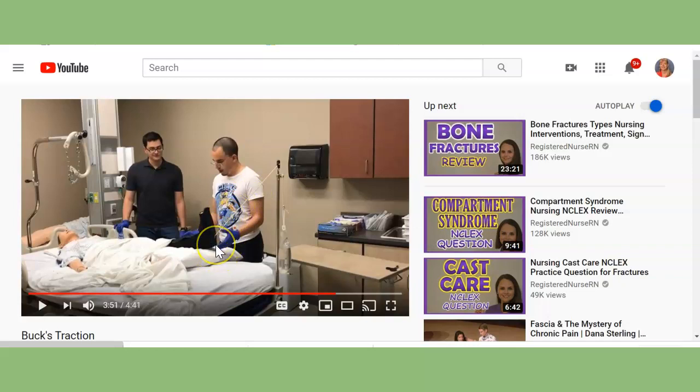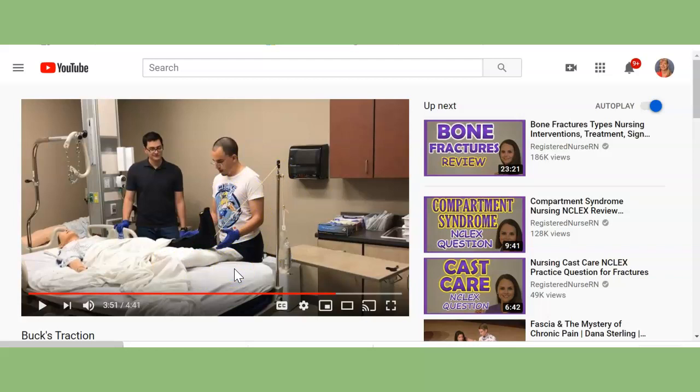I did freeze it at this one because I want you to see how they put the boot on. You need 2 people to help with the Buck's traction, and there's a tube or a rope type thing connected to it, and they use the IV bag as a weight. You want like a 3 to 5 pound weight connected to it. As you can see, it's hanging. It's not supposed to be on the ground. So if you see that, that is incorrect. You want to make sure that it's hanging because that is what's going to provide traction. It's giving some pull. And then the foot of the bed is up a little bit to help